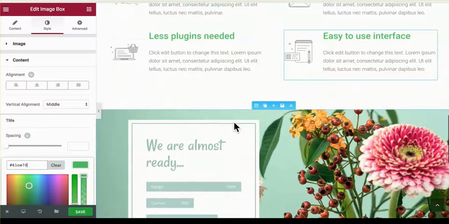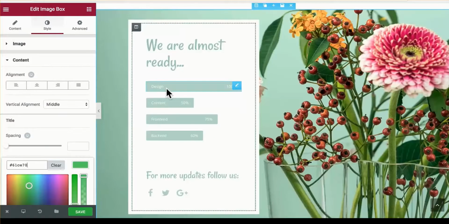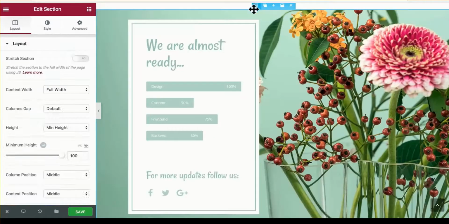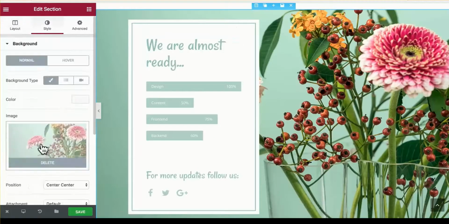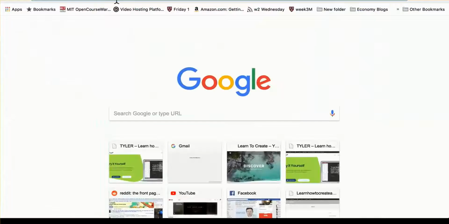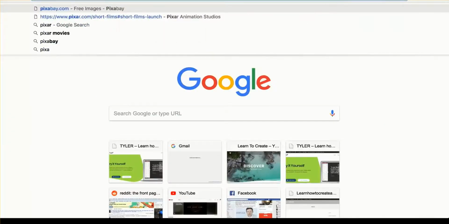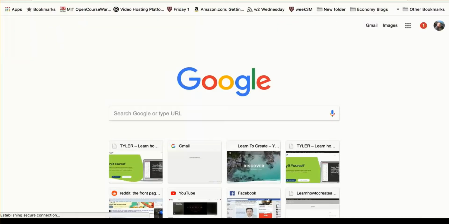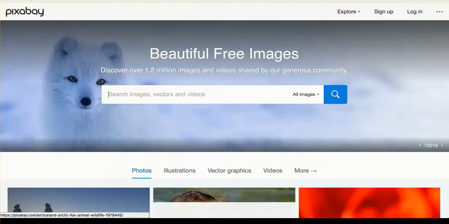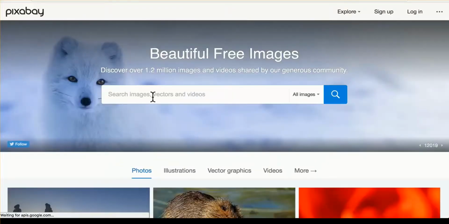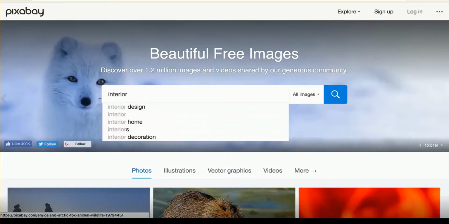All right, now we're going to edit this last section here. So let's click on edit the section and then go to style and let's delete this image. But before we do that, let's actually search for a new image. And one of my favorite websites to get images that are free and copyright free and you can use them however you want is pixabay.com. And we can search for interior design or